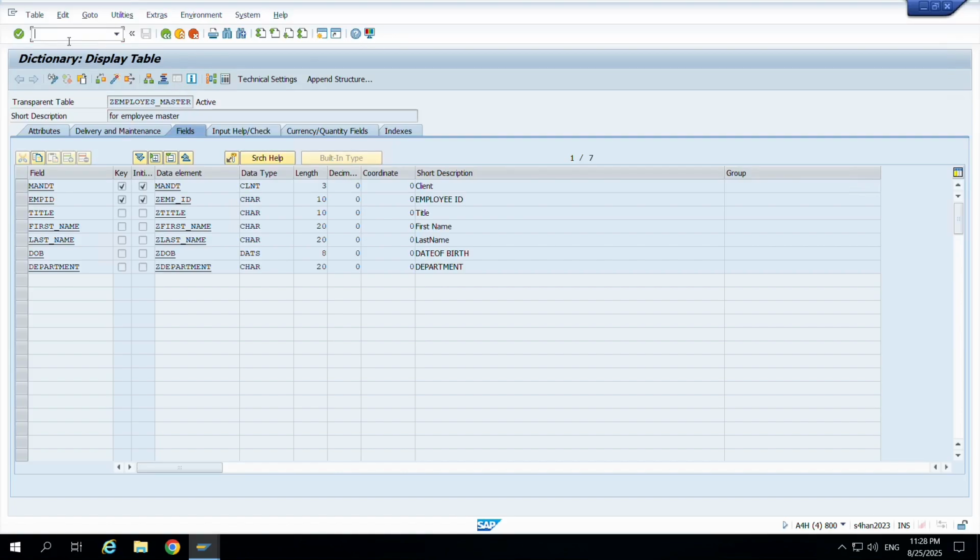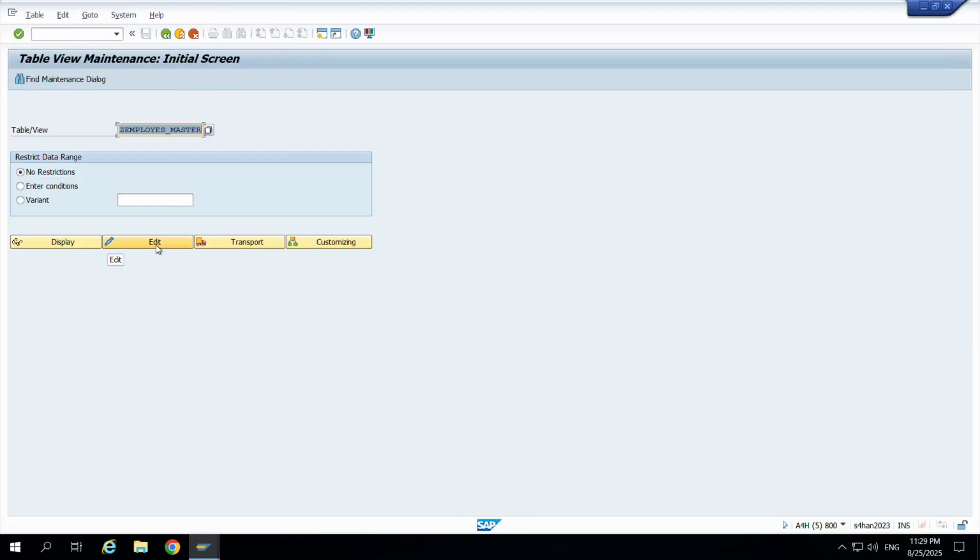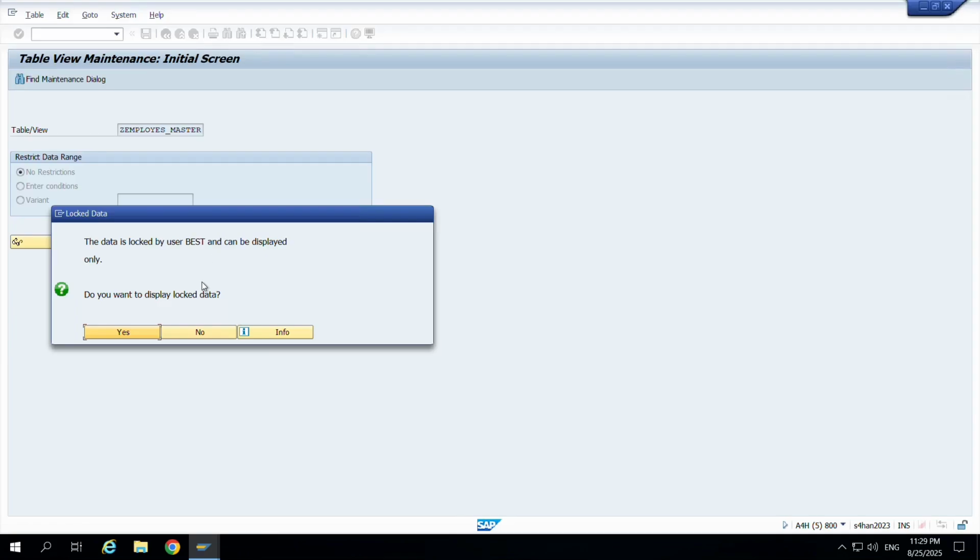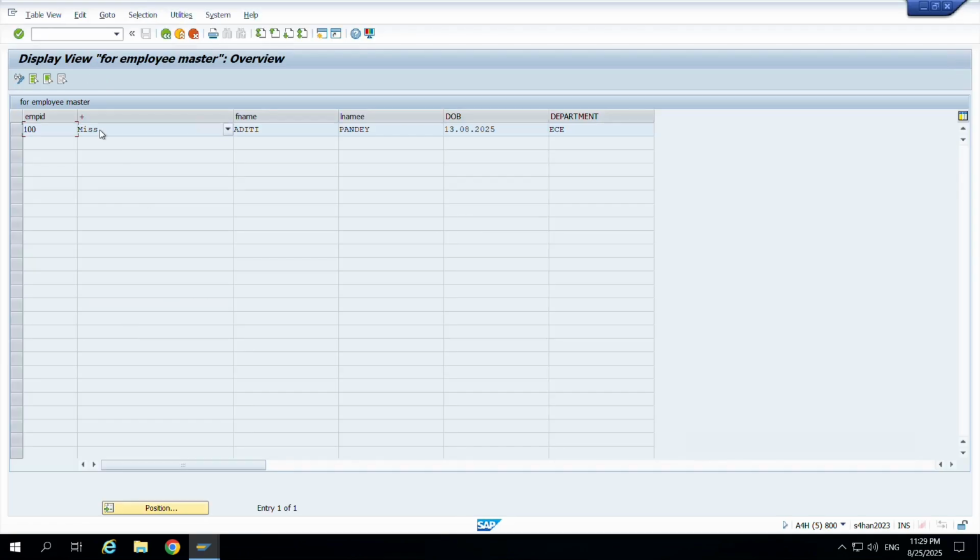So see, go to the T-code, that is SM30. /O SM30. See, I click edit, give your table name here, and edit, and whatever entries we have made, these entries are displayed here. We can also create entries from here. That's why we have created a TMG without doing any coding. We can make our entries.